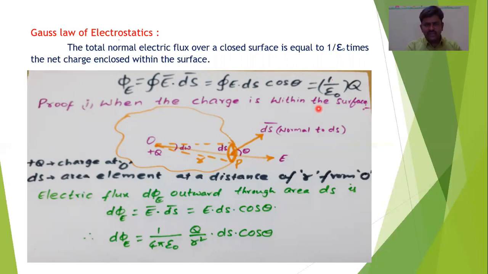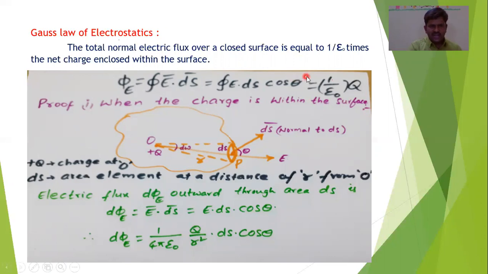Two points we must understand. One is the electric field lines coming out of that surface. Some lines may go inside that surface, some lines go outside the surface. We need to calculate only the electric field lines coming out of that surface. So for that we choose a sign convention: when electric lines go into the area, we take it as negative, and the electric field lines coming out of the area, we take it as positive. In the next topic, we will see how we are using this sign convention.